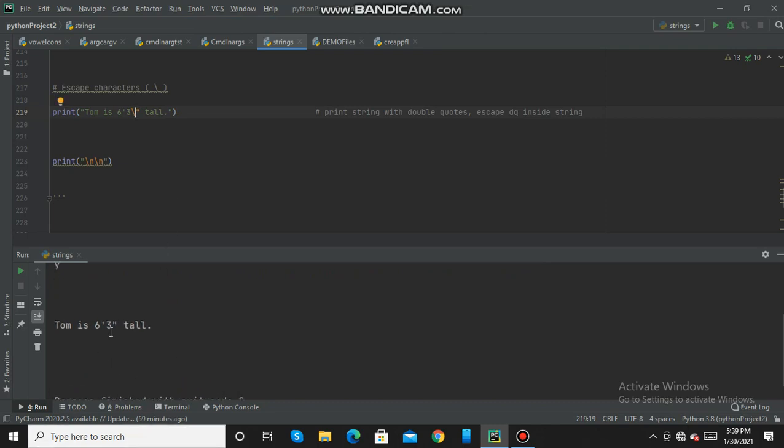So now it has printed the double quote within the string. When I put a backslash in front of the double quote, the Python interpreter understands that this quotation mark is part of the string and should be displayed in the output.